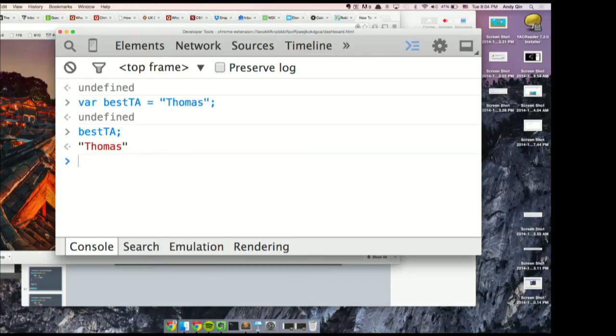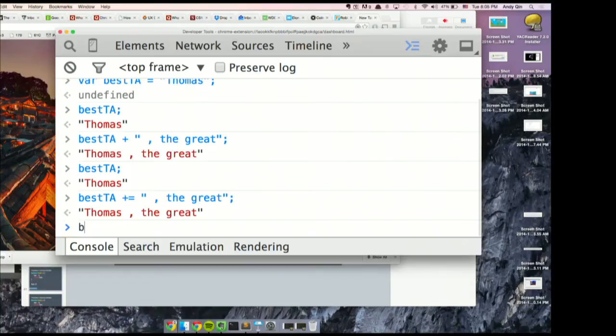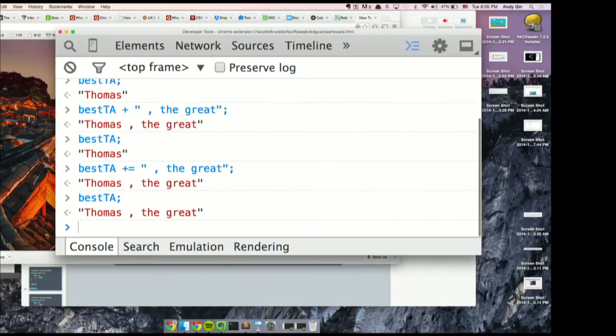All right? So the cool thing is, you can use the plus operator. As someone mentioned, it's concatenating. You can do this like pretend they're integers and do the same thing. If you just do plus the grade, it'll output what you want, but bestTA has not changed. So since you guys are pretty smart, we'll just go straight to the short notation. And we can do this. Great. And now bestTA stores the value Thomas the Great.